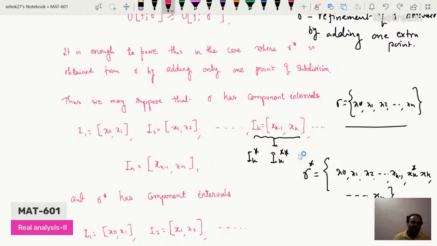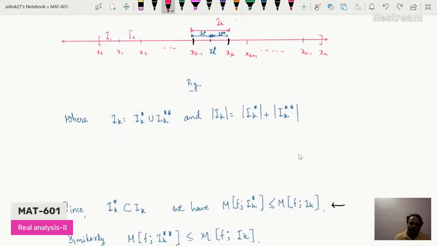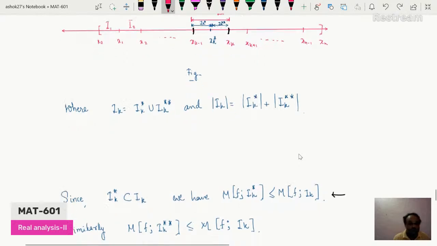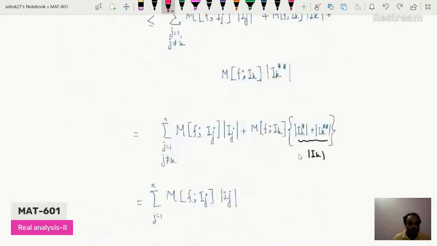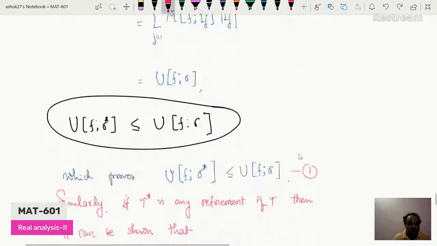That result we proved first, and then using that result, we proved the required inequality, that is, lower sum of f with respect to subdivision tau is always less than or equal to upper sum of f with respect to subdivision sigma. So that was the proof of this lemma, and we have already seen it in detail. So after that,